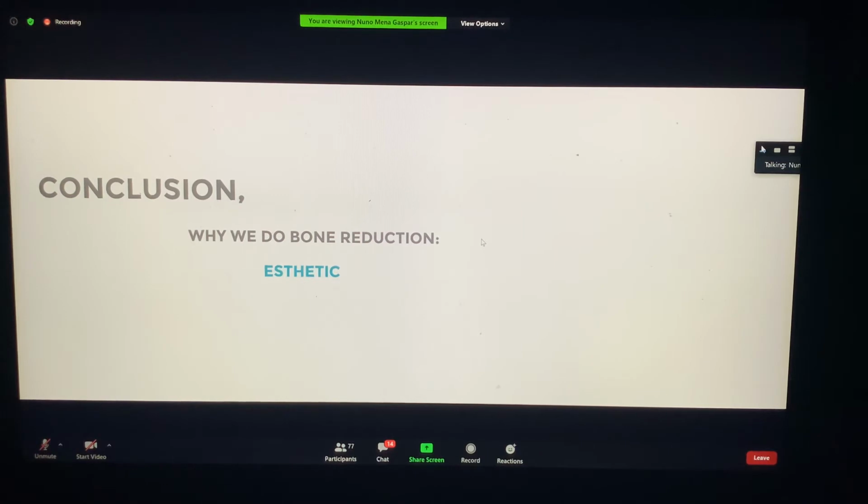Bone reduction is mandatory to hide the transition line. So aesthetic demand. We need prosthetic space. You can choose to do dentogingival or not, but you will need to have prosthetic space. Và có ở đây khi mà chúng ta không có đủ khoảng để phục hình,